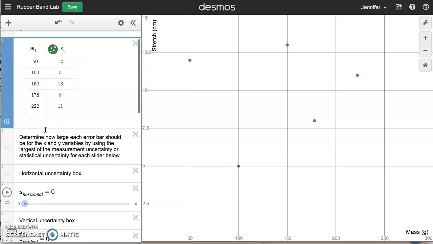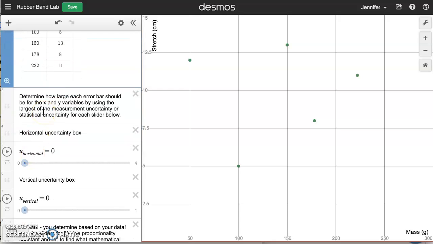Okay, so then what you want to do is set your error bars. And so we're going to determine how large each error bar should be for the x and y variables by using the largest of our measurement uncertainty or statistical uncertainty for each slider below. So our horizontal uncertainty box, horizontal is this way, is going to be for the mass. And this is that uncertainty amount that we decided in class on Monday. I'll have a little post-it note about it, a little page about it from what we decide, because pennies are a mystery. But we will have some measurement uncertainty for pennies,